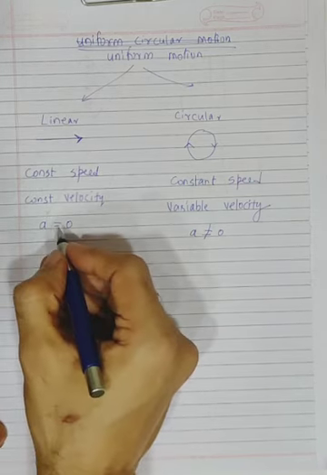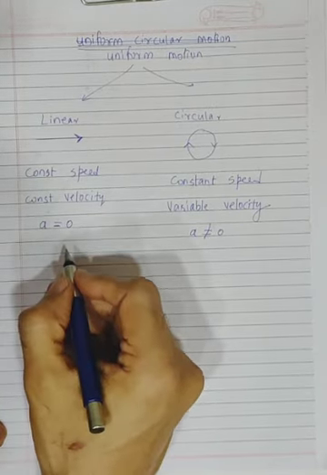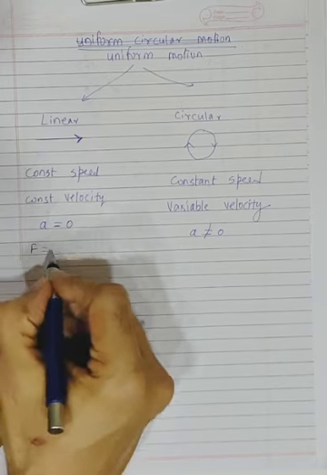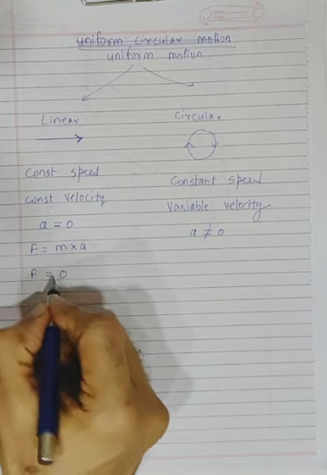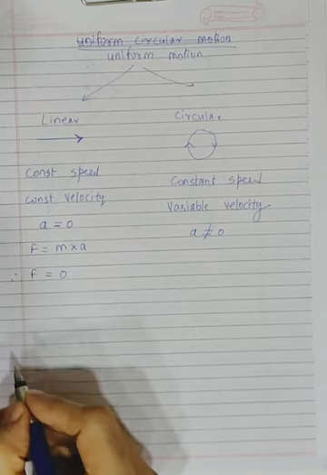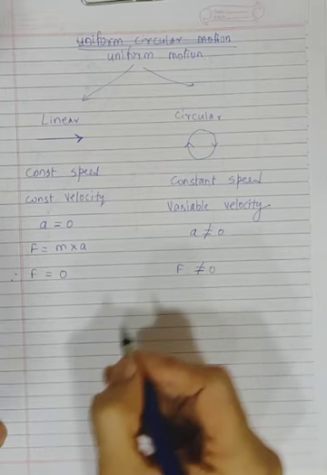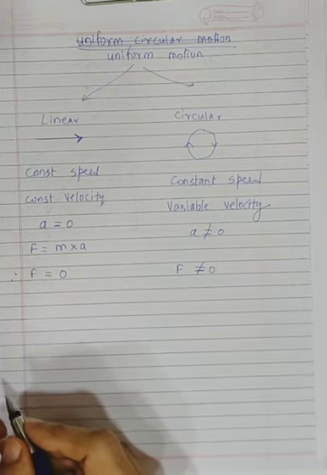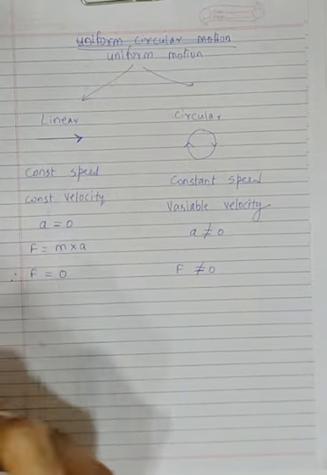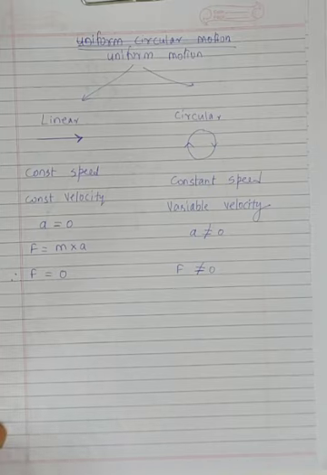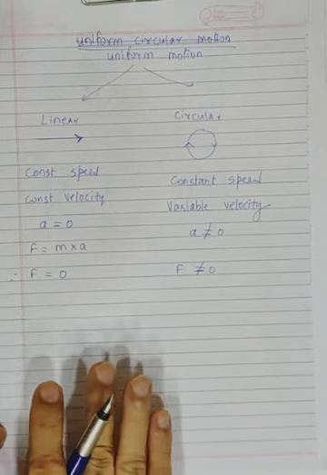Now, if a body is going with 0 acceleration, out here, if you remember Newton's second law, F is equal to ma, but since a is 0, F is also 0. But out here, your F will not be equal to 0. Why? Because a is not equal to 0. So what happens, if you are going in a uniform linear motion, you do not experience any force on your body. So when you are going on a straight road in a car, you must have noticed you do not experience any force at a uniform speed.